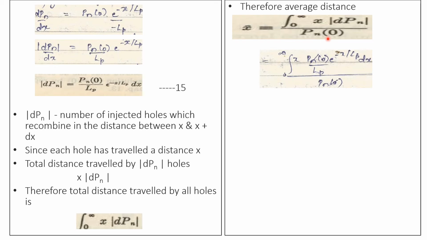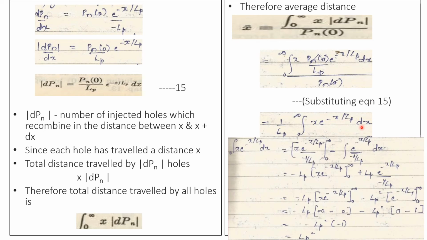So substituting this mod dPn here, Pn of 0 will get cancelled out. So equation 15 is substituted here. We get inside the integral as x e raised to minus x by Lp dx. So we can integrate here, we can use the UV product rule. By keeping x constant, first we integrate the exponential, that will be e raised to minus x by Lp divided by minus 1 upon Lp with limits from 0 to infinity, minus, here there is double integral, so first we